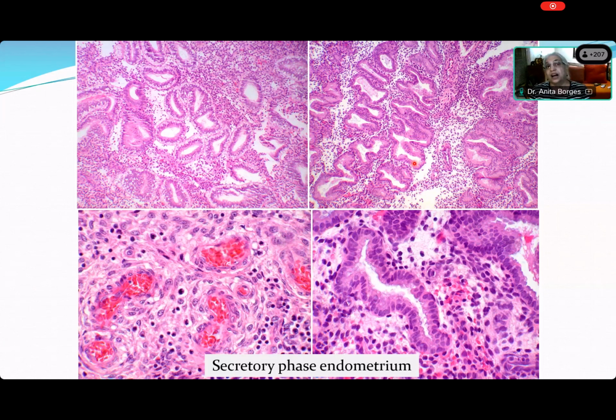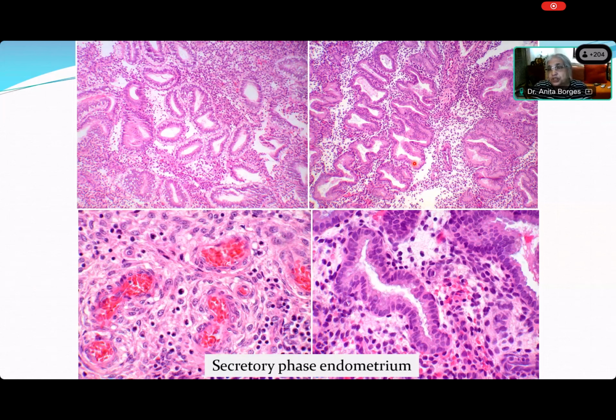Anovulatory cycle. You have an anovulatory cycle, and when you bleed from an anovulatory cycle, the bleeding is heavy. And there will be withdrawal bleeding. There will be what, sorry, Nargis? Withdrawal bleeding. Oh, there is always withdrawal bleeding. You have withdrawal bleeding in a secretory phase, you have withdrawal bleeding in a proliferative phase. But you bleed much more in an anovulatory cycle because there has been no progesterone. Anovulation means no progesterone. And if you have no progesterone, you have no spiral arteriole. And if you have no spiral arteriole, then you do not have a mechanism to stop the bleeding or keep the bleeding to a minimum.